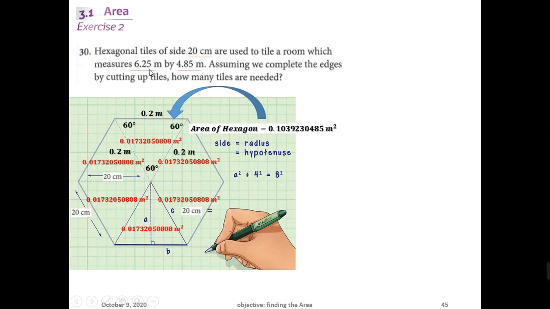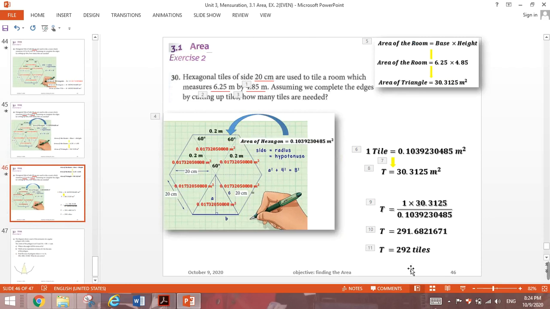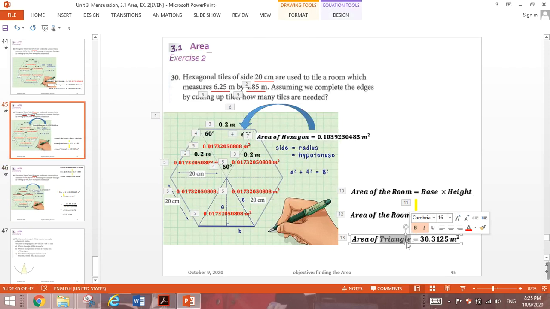So the first dimension is 6.25. The second dimension is 4.85. Area of the room is base times height because it is a rectangle. So when we substitute, it's going to be 6.25 times 4.85. And if you insert this in the calculator, let's correct this one. I'm sorry. So it's going to be area of the room